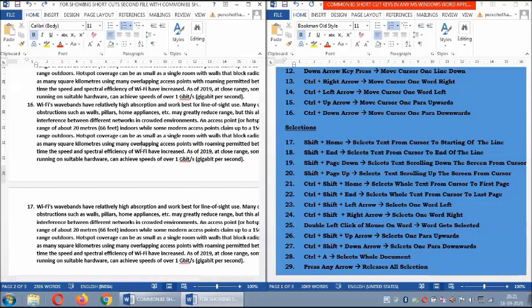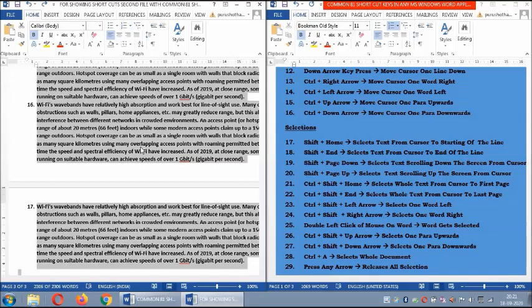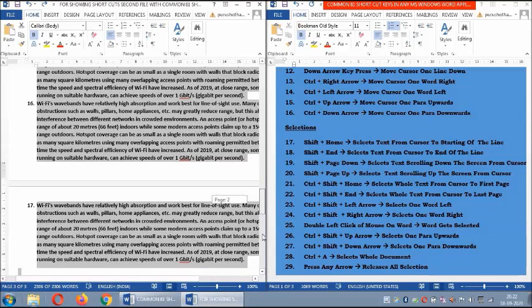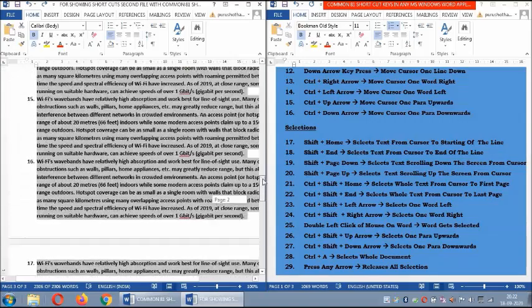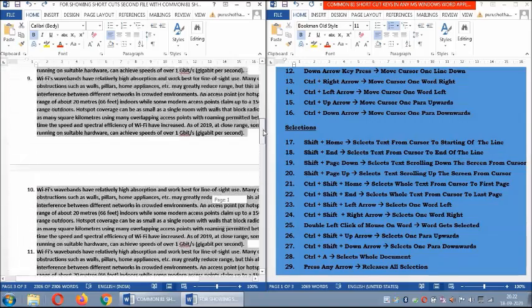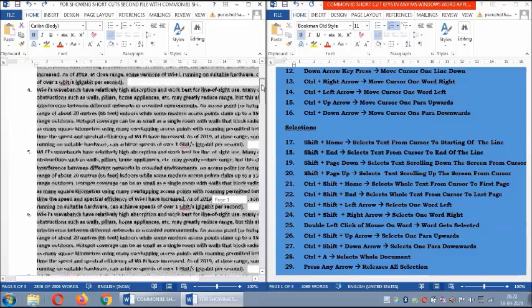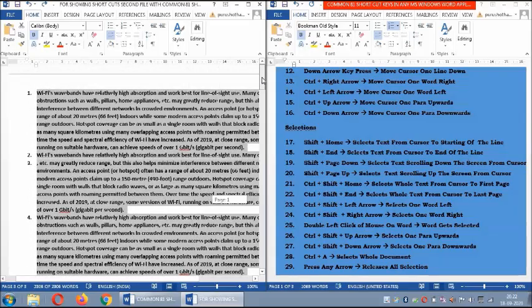Now Control A means to select the whole document, the entire document. However many pages there are, it gets selected. Let's see whether all 3 pages of content are selected or not, as I have only 3 pages here. See, page 3 of 3. Now I am on the third page, moving up, second, and I came to the first page. The whole content is selected. Is it right?